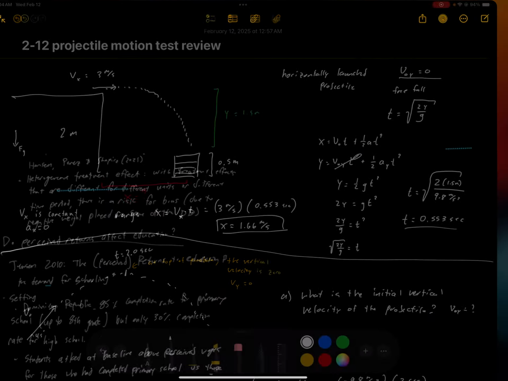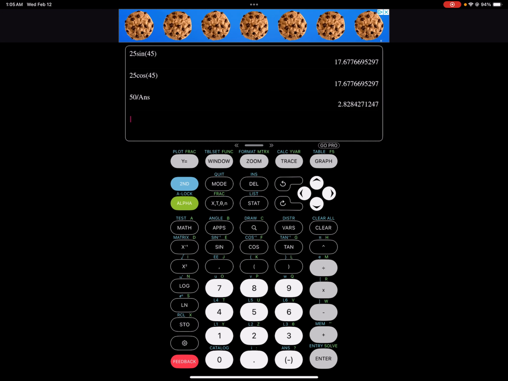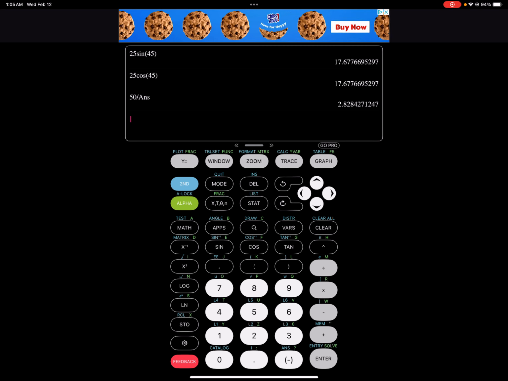All right, and let's plug this into the calculator. I'm going to store my time as a variable, t. I'm just showing you little calculator tricks to make your work a bit easier. So here I have my time variable t, and I'm going to start going through the calculations. I have 17.7 times t, I don't even need to put it in parentheses, and then we're going to add